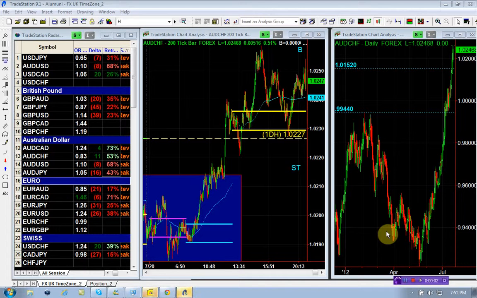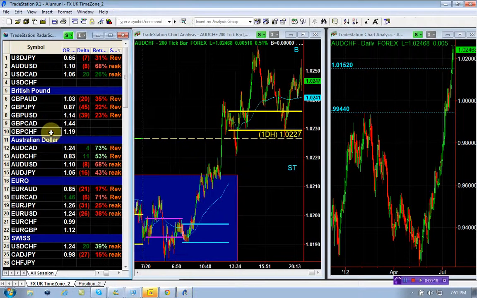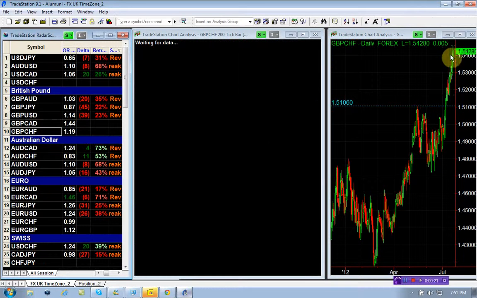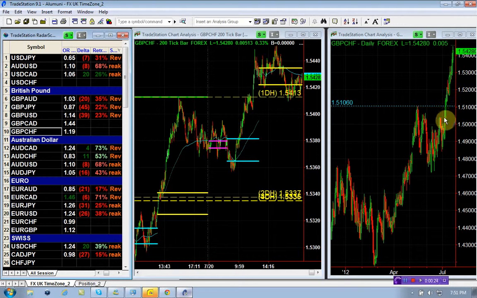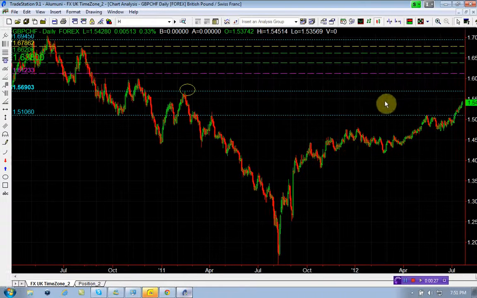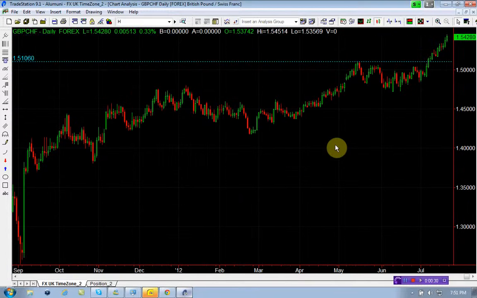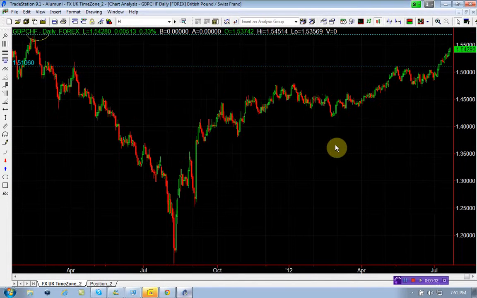The Swiss is capitulating, and now you can trade the pound next week. If you want to trade it on the long side, you can trade it exactly, Coach. You can trade the pound versus the euro by going short the euro pound, or if you look at the pound Swiss, look at this. Look how magnificent this is. Look at this chart in the pound Swiss when it moved above the 150, 160, and just take a mental picture of that,